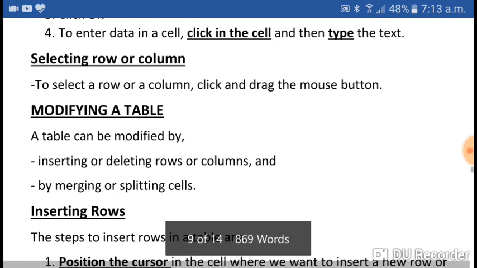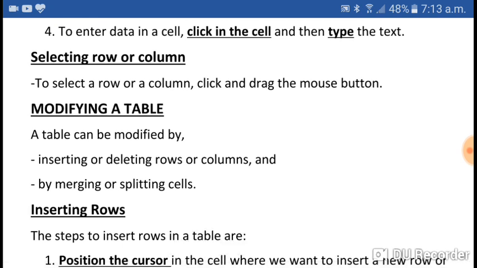Next, it is very simple: selecting rows or columns. You may want to select one row, two rows or multiple rows, multiple columns or one column, or a single cell or multiple cells. How to select? Simply click and drag the mouse button.